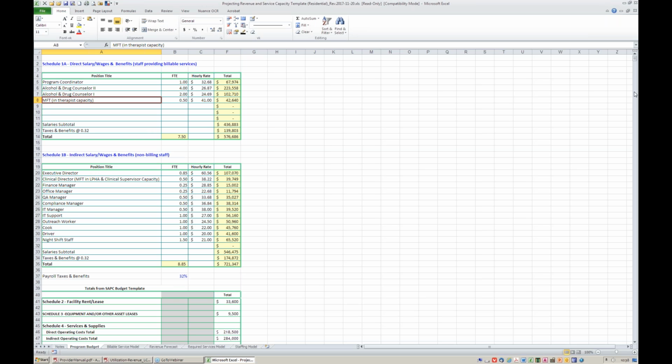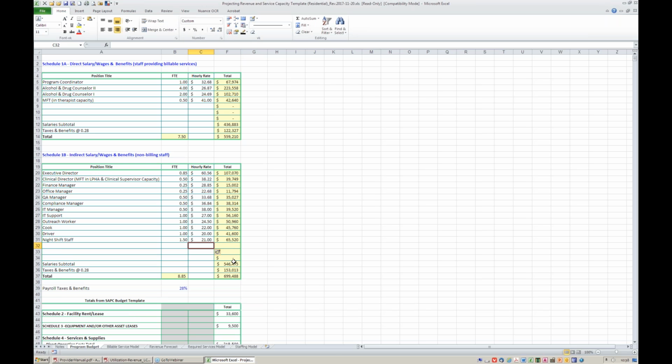Salaries subtotal, your taxes and benefits, if that's something other than 32%, you can put it in here, 0.28. And also, the spreadsheet is not protected, so if you want to, you can add additional rows. Just be sure you update the formulas, or you copy the formula. So you can make that work however you want. So anyway, these are the staff up here who are doing the work face-to-face with clients, 7.5